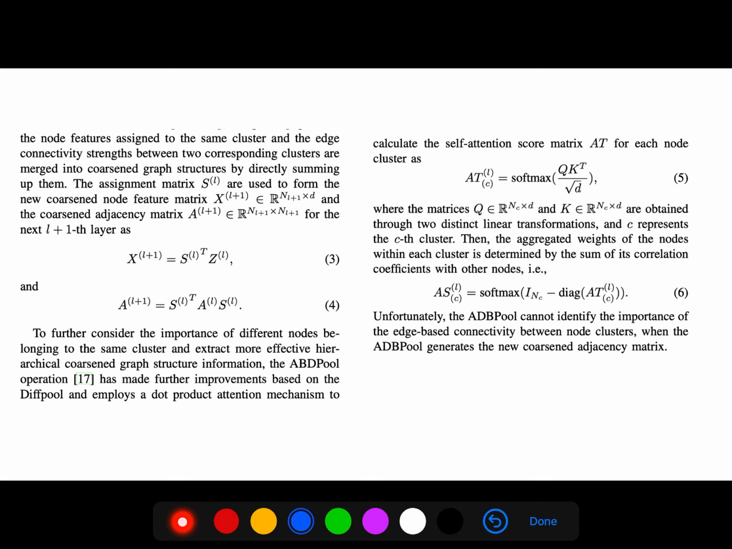The assignment matrix is used to form the new coarsened node feature matrix and a coarsened adjacency matrix for the next layer. To further consider the importance of different nodes belonging to the same cluster and extract more effective hierarchical coarsened graph structure information, the ABD-pool operation has made further improvements based on DiffPool and employs a dot product attention mechanism to calculate self-attention,